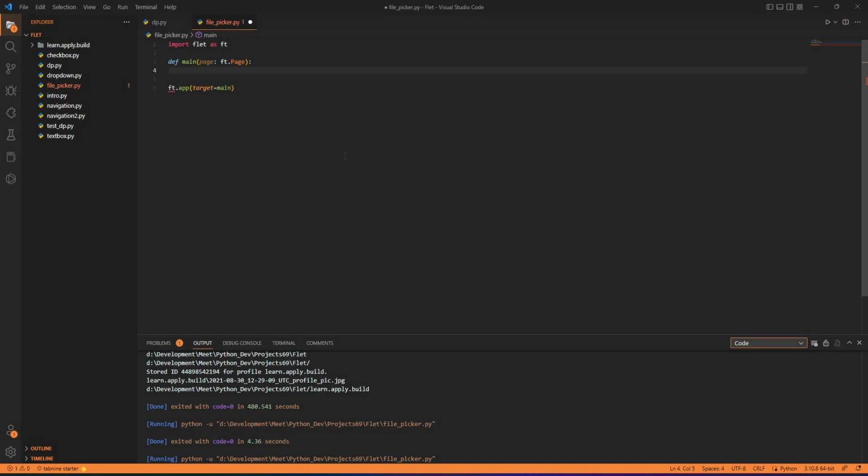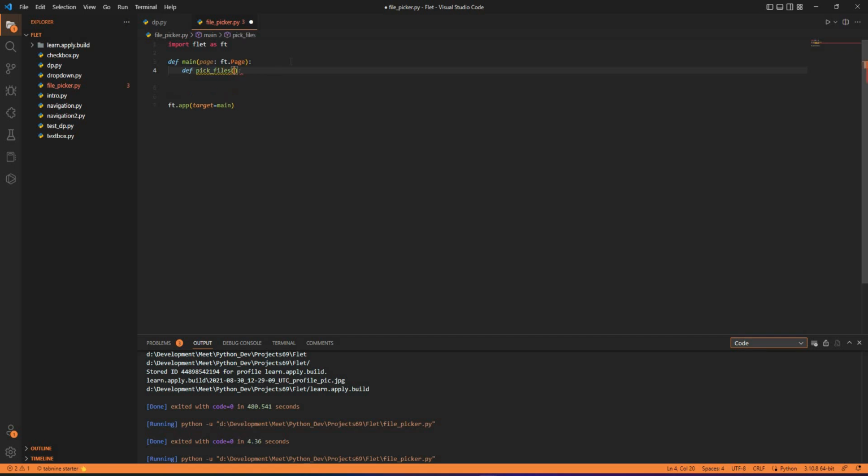Hello friends, and welcome to this lecture in Flet, where we will be seeing how to pick a file or how to attach a file in your application. To begin with, we've already started with the code, we have already created a file here and we have imported the Flet package. Now inside this I need to create a function which will be giving me pick file results. So I create a function that will be pick files,